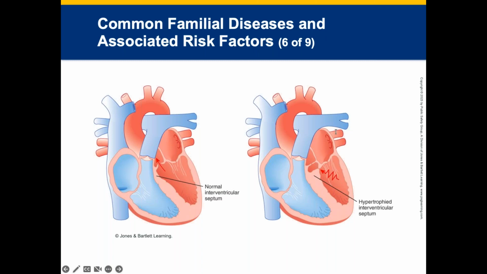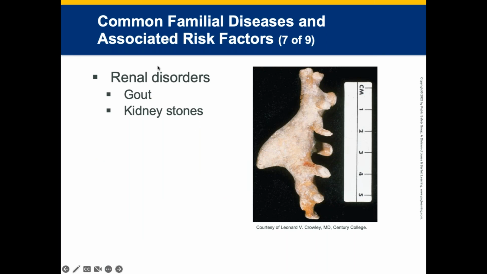So a lot of times they call this hypertrophic cardiomyopathy, which is almost like a floppy heart. As the heart is pumping, the left ventricle is floppy enough that it doesn't push out all the blood. All right. And what you'll see is very, very tall QRS waves. And if it's greater than 35 millimeters, by adding 2 of your vector leads together, the patient has LVH. Again, cardiology. We'll get into more of that later on in the program. Other renal disorders would be gout and kidney stones, as you can see here.